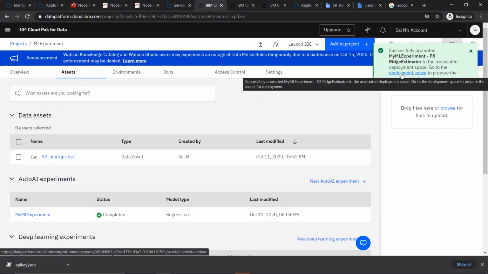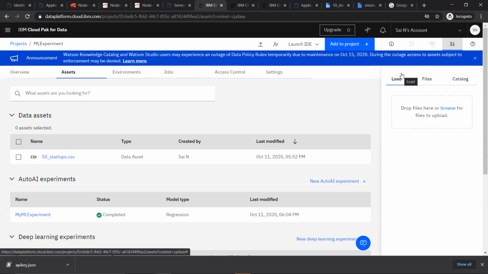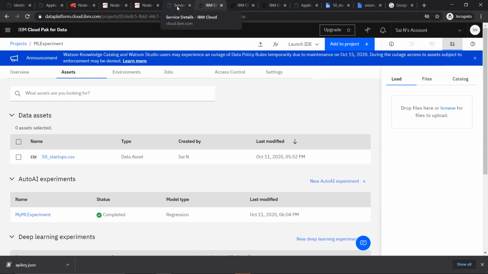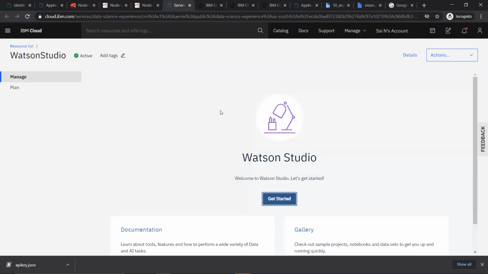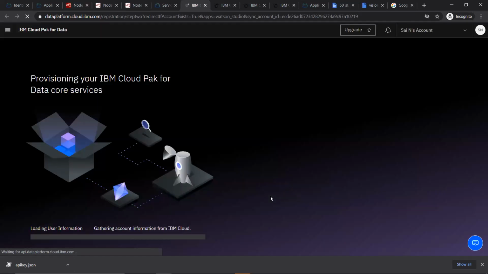If you have to move to your deployment space, it is gone. You can't click. You should be quick in clicking. If you did not click, you still have an option to go back to that space. How? Please go to the Watson Studio page, click on get started. Now it will take you to a page where it will ask you to create a project, create a service, take the tutorial.